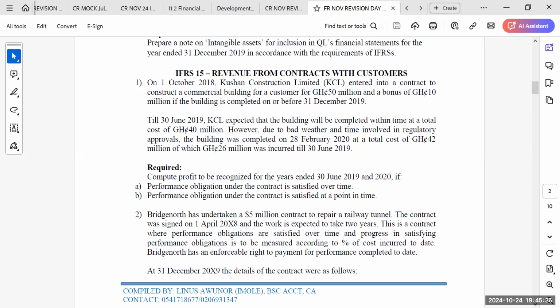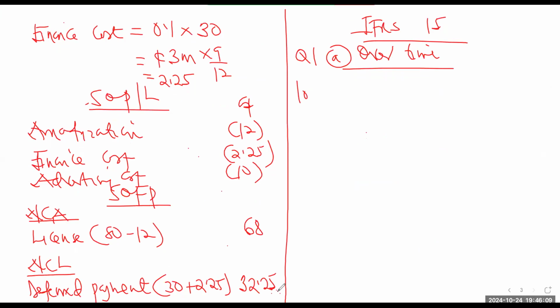40 million. As at this particular date, we don't have any idea about the cost increasing up to the 42 million. So till 30th June, we are still expecting that the building will be completed within time at a total cost of 40 million. What it means is that of the 26 million that we have incurred at that date, we are expecting an additional 14 million to be incurred to complete the contract. So for 2019, this is how you are going to measure the revenue. So you come here and measure the percentage of completion. So let me have 30th June